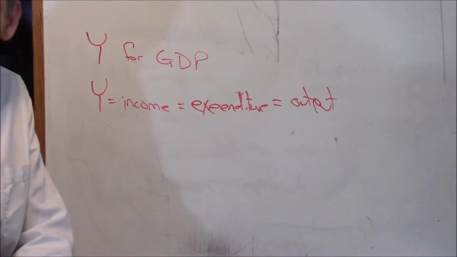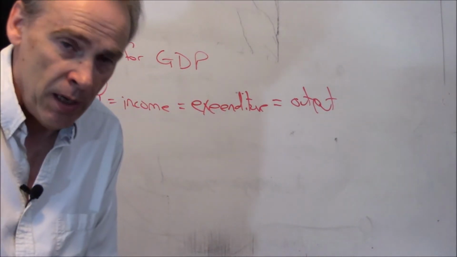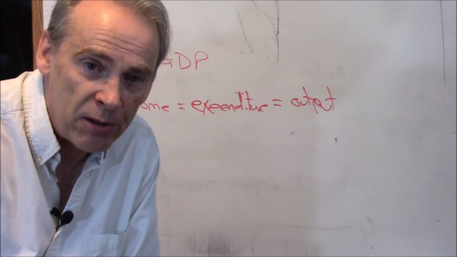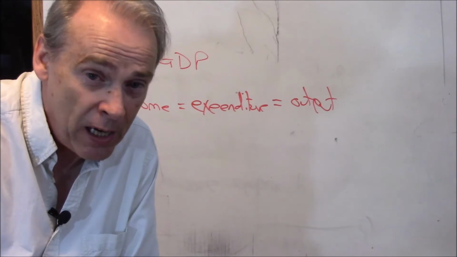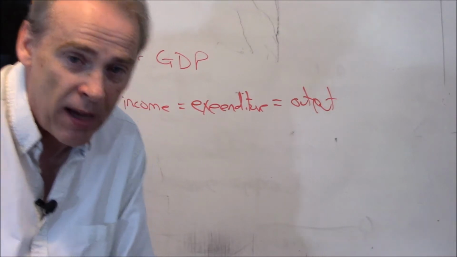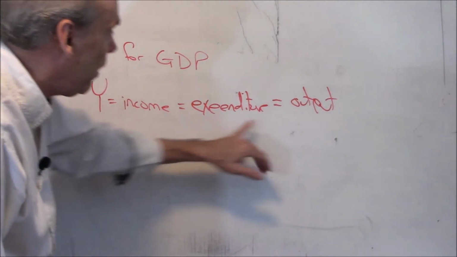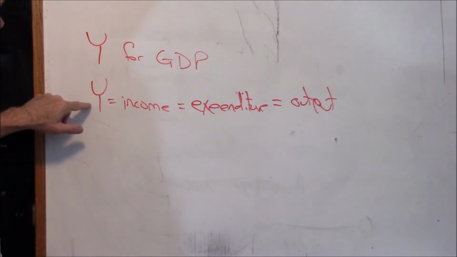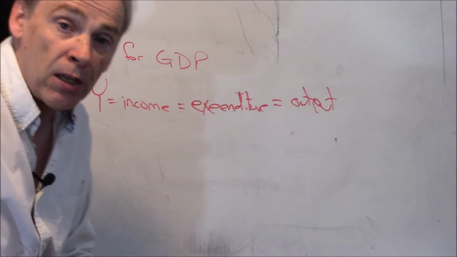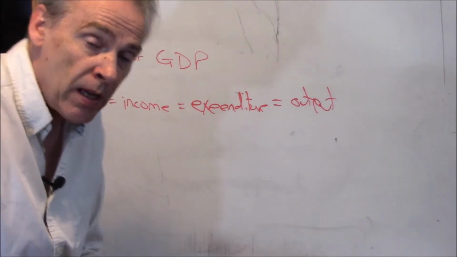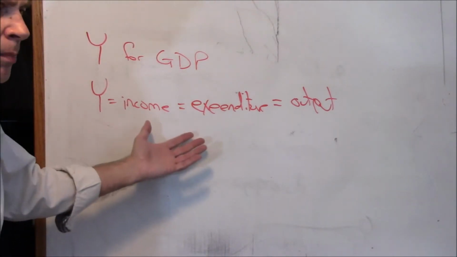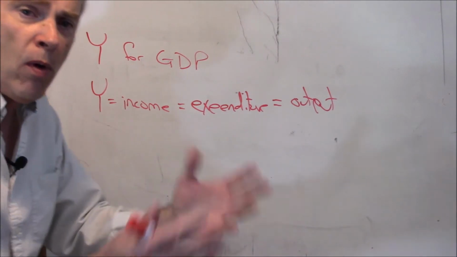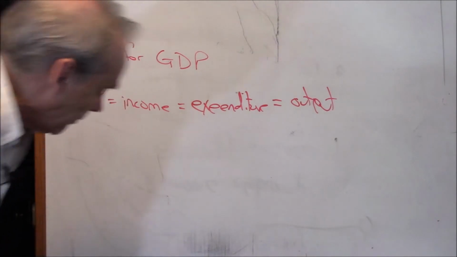But I'm allowed to call it that. Being a senior faculty member, when I have visited younger faculty members' classrooms, I've noticed this is something you've got to be really careful about when you're teaching the intro macro class: to make sure everyone's clear on why you're allowed to refer to Y in 3 different ways. Because it can be very confusing to students. We're used to it. But you're sitting there thinking, I thought the professor said that was expenditure, and now she's referring to it as income. What the hell?